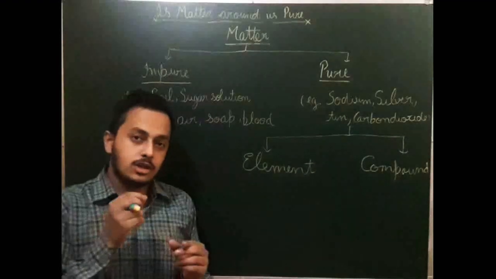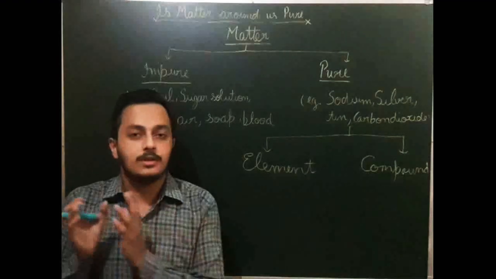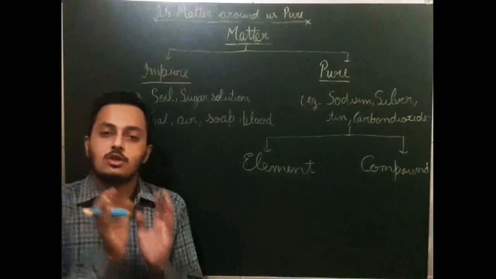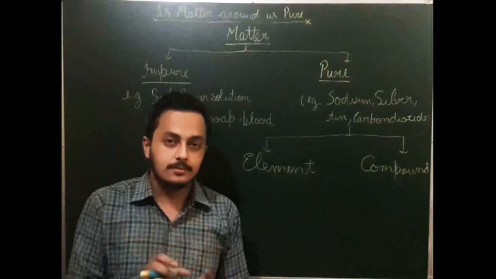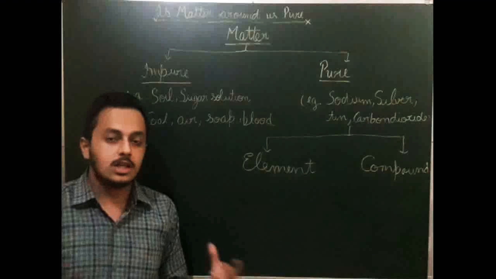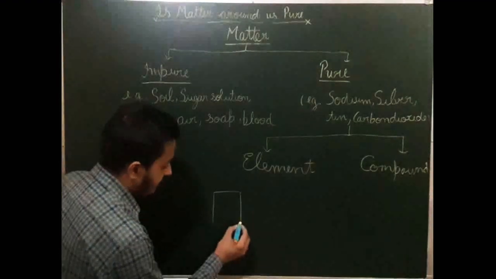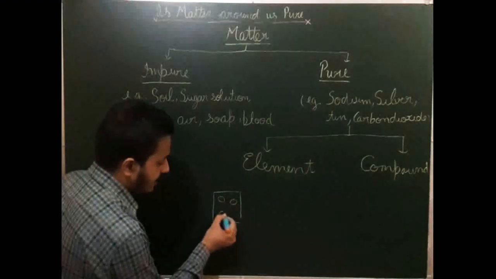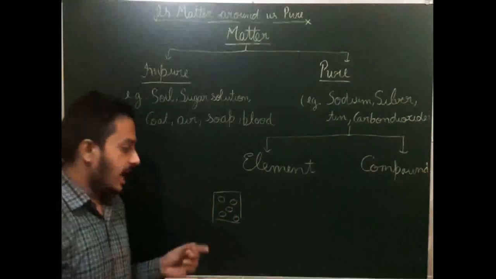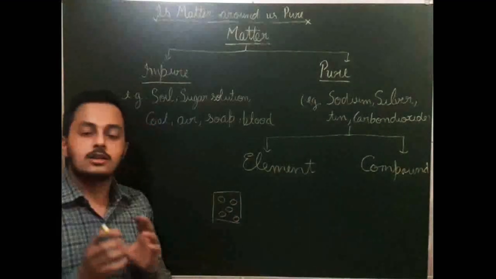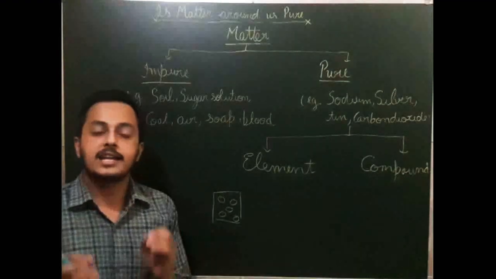As I have told you, matter is made up of very small particles which cannot be further divided. That is called the atom. If only one kind of atom is present anywhere, that is called an element. If I consider a box, and in it only one kind of atoms is present, then it is called an element, as they are only one kind and therefore cannot be further divided by any method.